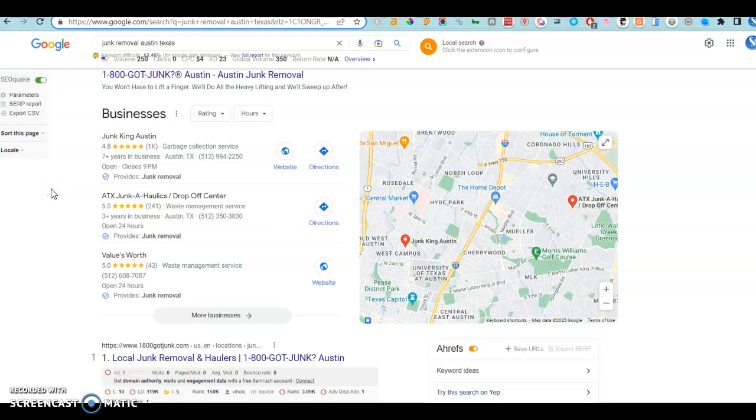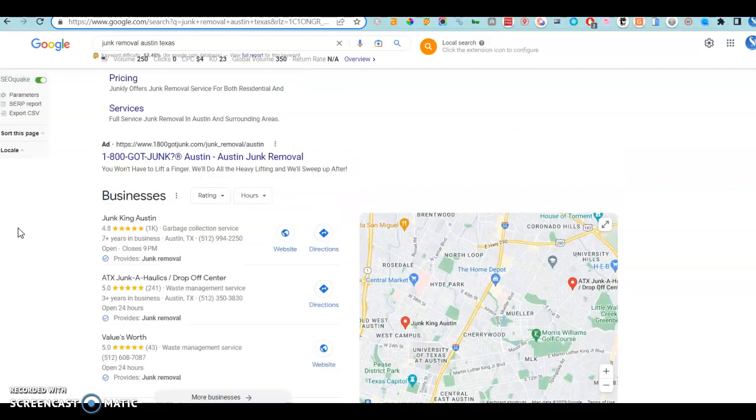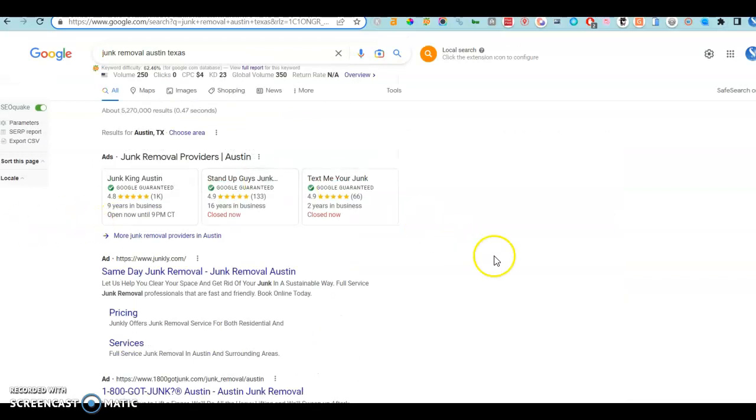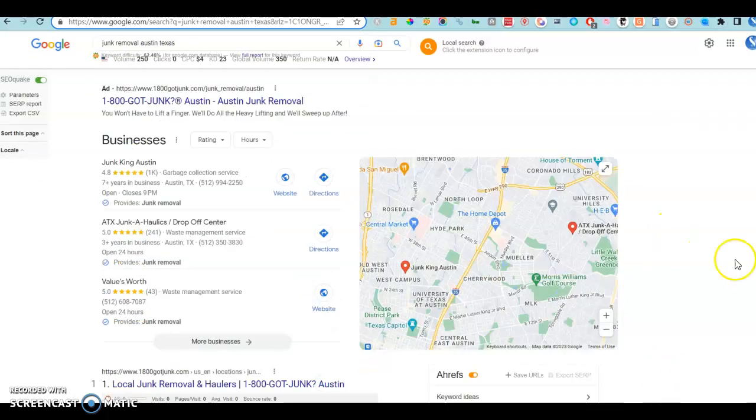But one main thing I've noticed really helps are citations. A citation is anywhere online that your name, address, and phone number are stored in different directories. For example, Yelp, Better Business Bureau, Yext, Dexnos, Superpages.com, Yellowpages.com. If your name, address, and phone number are cited in more and more directories relevant to you than even your competition, and I would study your competition to find out how many citations they have and where they have citations,